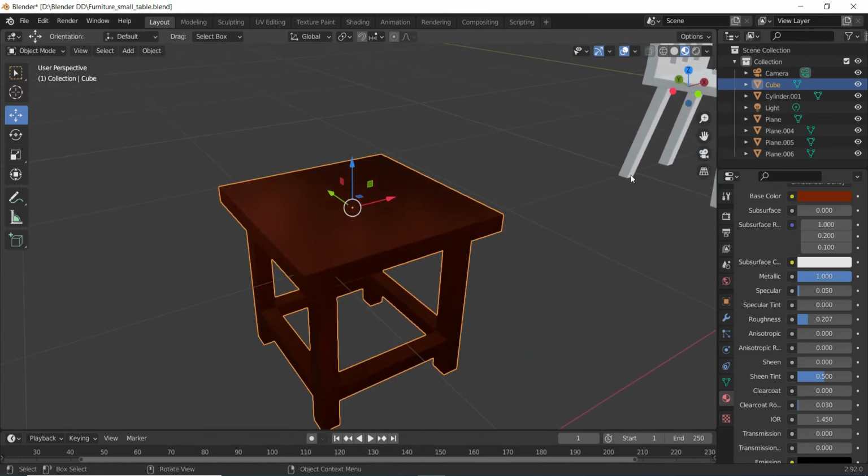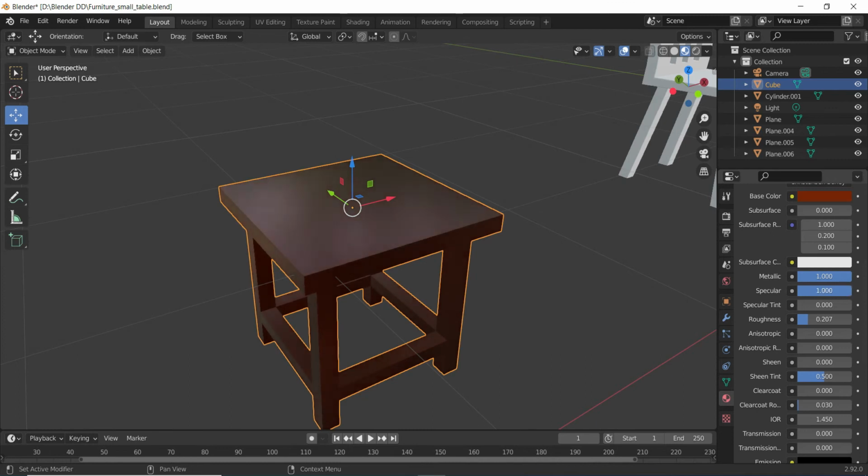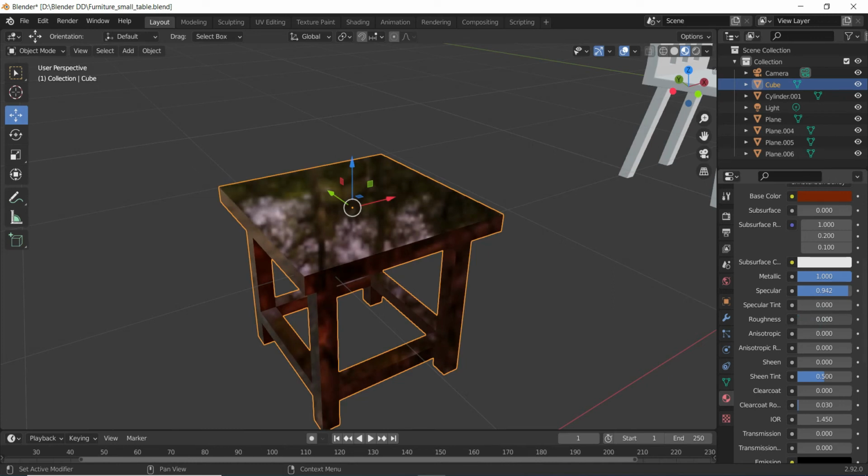If I want to make a metallic object, most metal objects are shinier, so I should increase the specular value over here as well, and I'll keep the roughness at 0. I am just taking the maximum values so that we can understand the difference.